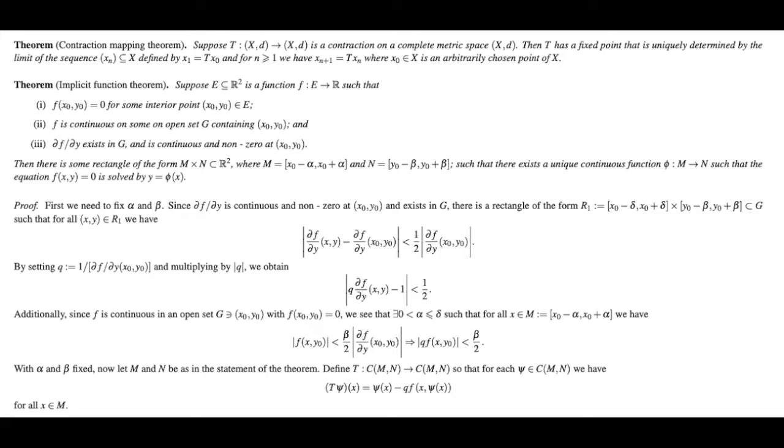Welcome to this video on the application of the contraction mapping theorem, also known as the fixed point theorem for contraction maps, to the proof of the implicit function theorem, which is a very powerful tool in multivariable calculus that enables you to solve in a local region an implicit function in terms of y and x, where y and x may be multidimensional vectors, and